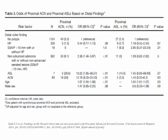We also looked at patient age and sex as risk factors for proximal advanced adenomatous neoplasia and proximal advanced serrated lesions. As you can see, patient age and type of distal neoplasia, except non-advanced serrated lesions, were significantly associated with proximal advanced conventional adenomatous neoplasia. And this is really in line with the literature, which shows that distal colonic findings, particularly advanced adenomas, are highly predictive of findings in the proximal colon. Conversely,